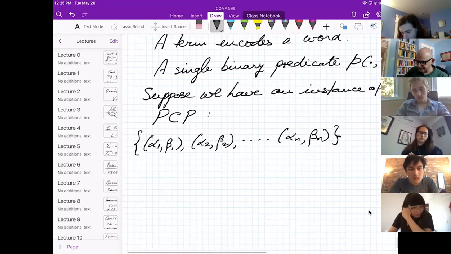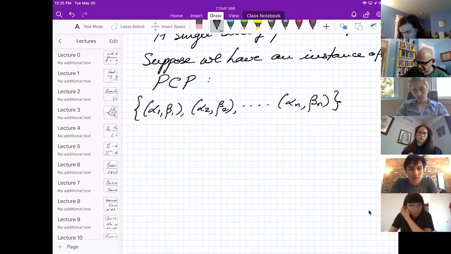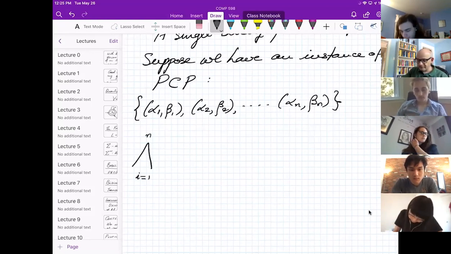So there's going to be a big conjunction, i going from 1 to n. What's n? The same n that's in there in the PCP. So for every kind of tile, there's going to be one conjunct.